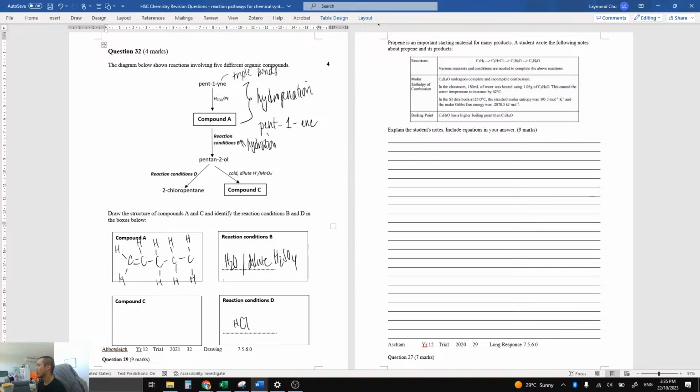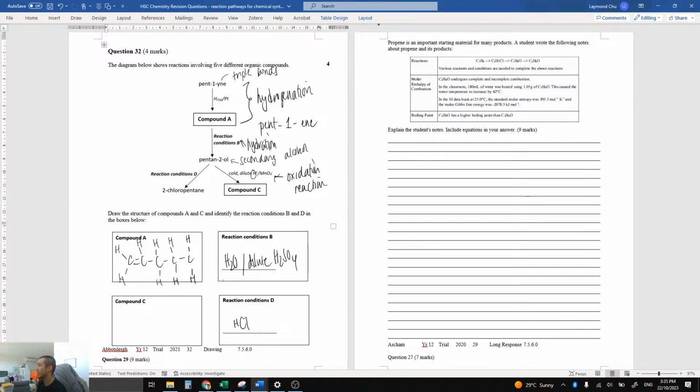Pent-2-ol, with cold, dilute, acidified permanganate, gives us compound C. This reaction is known as an oxidation reaction. Simply speaking, an oxidation reaction is a reaction that allows the carbon to bond more to the oxygen, either as a C double bond O or an OH. So from a secondary alcohol,